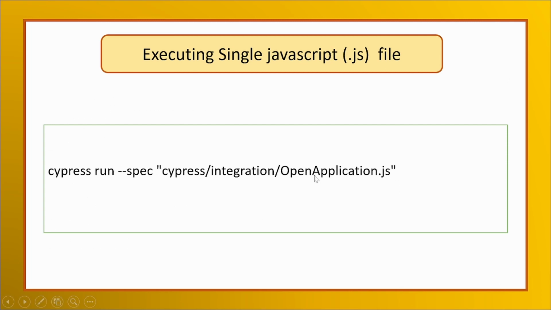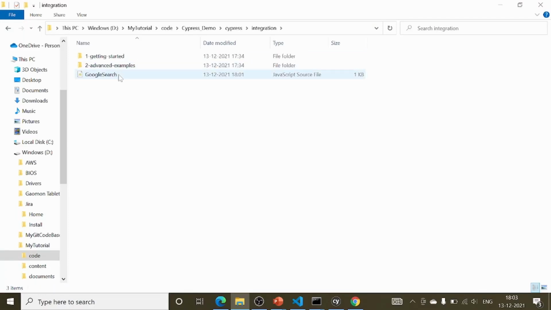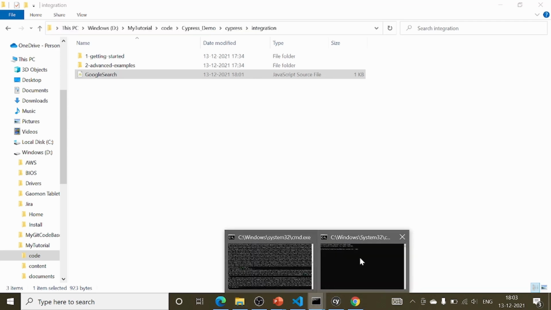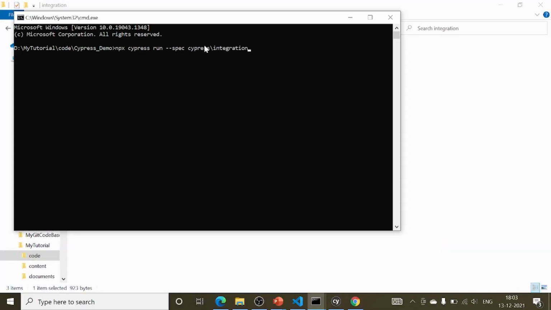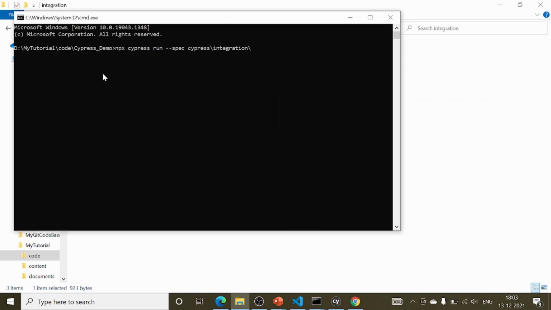So for example, let's take the same example of the file which we have created. Cypress integration and then the file name .js.